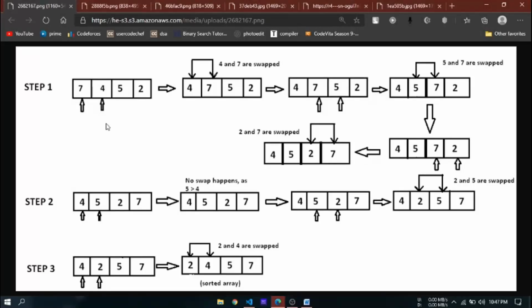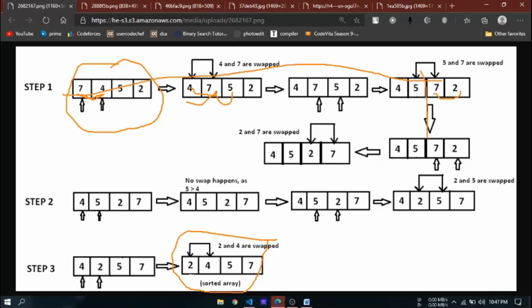So bubble sort is something like this. We take a basic array first, and now we have to give out this sorted output. What it does is check these two elements here, and if the second element is smaller than the first element, we will swap it. You can see 7 and 4 are interchanged here, and we will similarly do this with the second, third and fourth. At the end of step 1, the greatest element, which is 7, is now sorted and put in the last index.